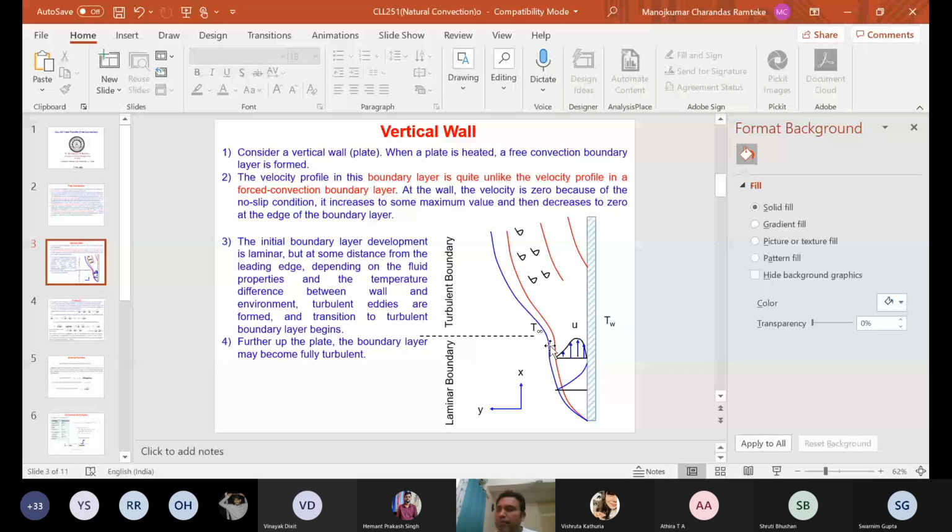Okay, so a typical velocity profile which we are going to look at is something like this, which is shown here. This is unlike the velocity profile we have seen in the forced convection regime. I can go back and show you the velocity profile which we have seen in the forced convection regime, which is quite different. Maybe I will just open that file and